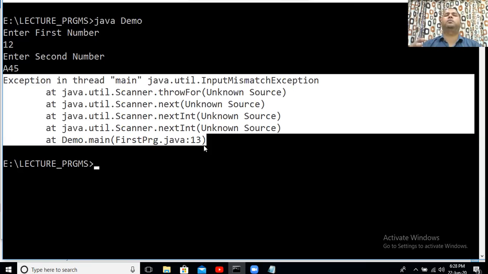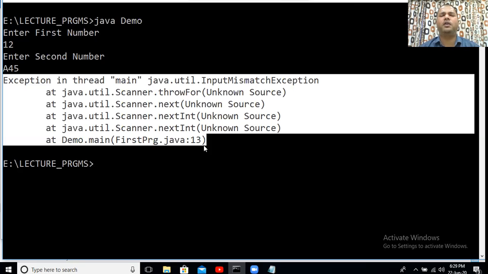See, if the system itself has failed from its side, such type of runtime issue is considered as system error or fatal error. This is not system error or fatal error here, because when we were providing the correct input, the program was running fine. And the moment we provided wrong input, now the program is showing us an issue. Such type of issue which has occurred just because user has provided the wrong input is considered as exception.